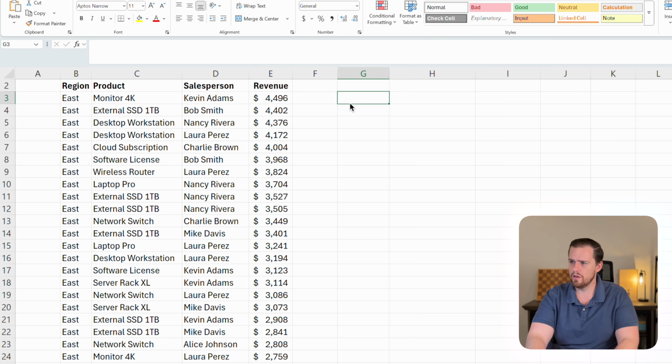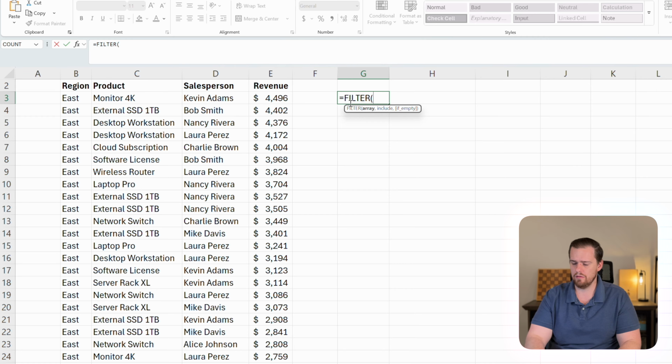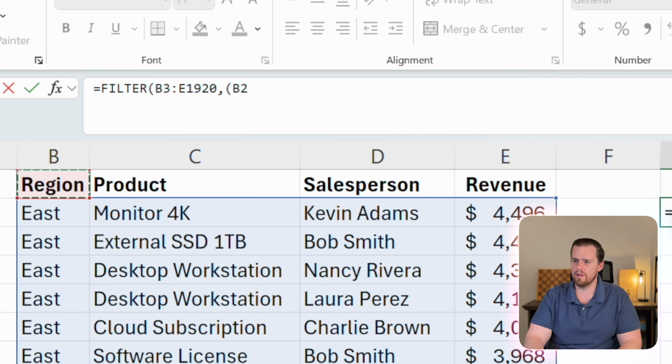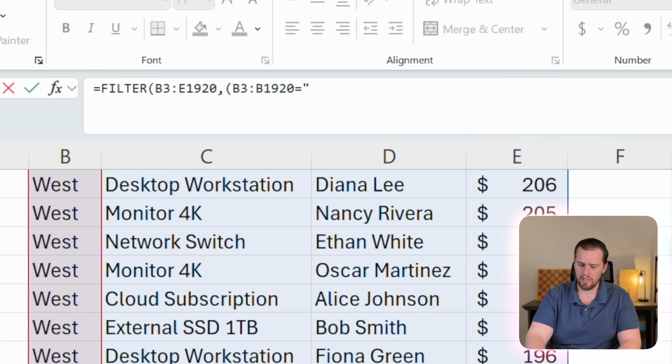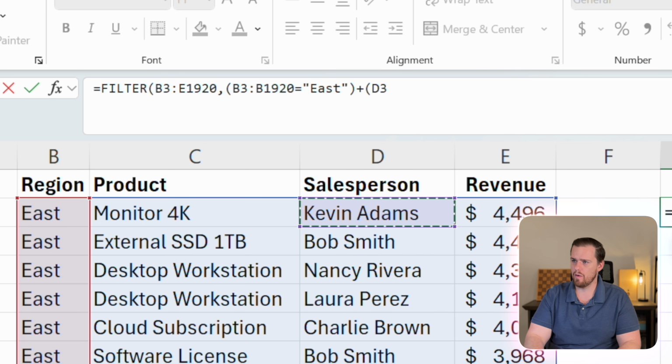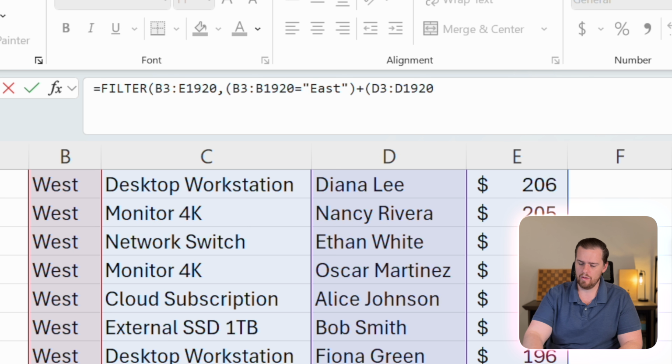So let's go ahead and hop in Excel and take a look at our example once again. So what we're going to do is type equals FILTER, select our same data set once more. We'll press comma, and then we'll use our parentheses. And let's go ahead and select everything. Let's change it up this time around. We're going to select our region, and we're going to press equals, in quotations, East. Close the parentheses and add our plus button. And then in parentheses once more, let's go ahead and select a salesperson this time around. So we'll press Control Shift Down, and we'll press equals, and then we'll type in Bob Smith, parentheses, parentheses to